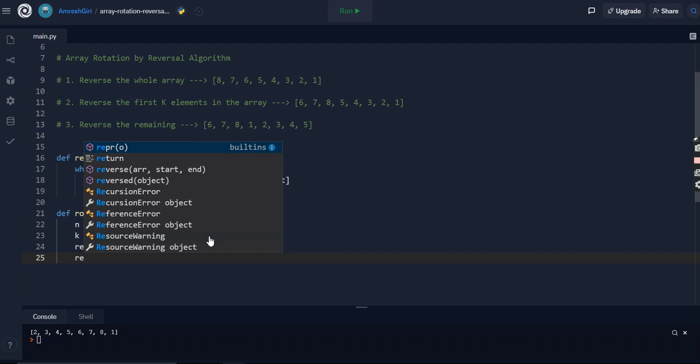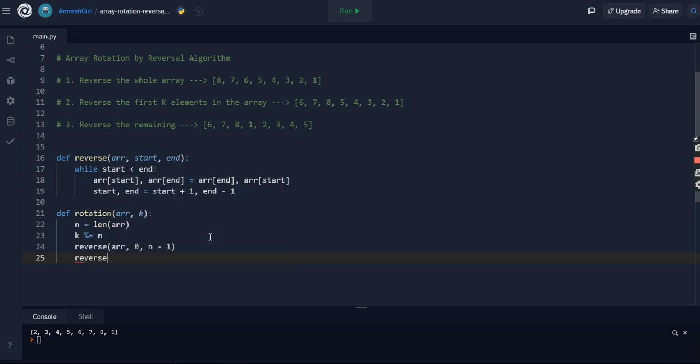In the second step, we are going to rotate from 0 to k, same case here, k minus 1, and so we are going to reverse these elements. 8 7 6 becomes 6 7 8. We are passing start and end for the k value, 0 to k, so the reversal will work on only these elements. So these elements will get reversed by this swapping technique which I told.